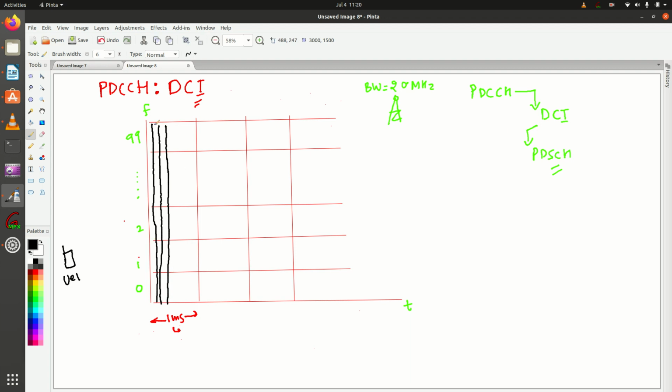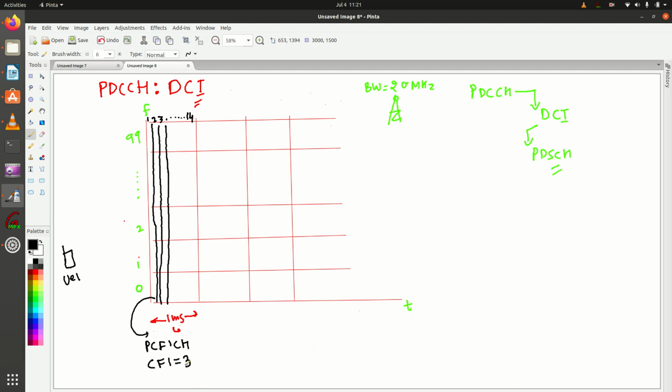So this is our OFDM symbol 1, 2, 3. This will vary; we know that in one subframe there are 14 OFDM symbols, and the first 3 could be used for PDCCH. Just for your information, in the first OFDM symbol there is a channel known as PCFICH, the physical control format indicator channel. It's also a standalone physical channel. It carries an important parameter known as CFI. Let's say in our case its value is set to 3.